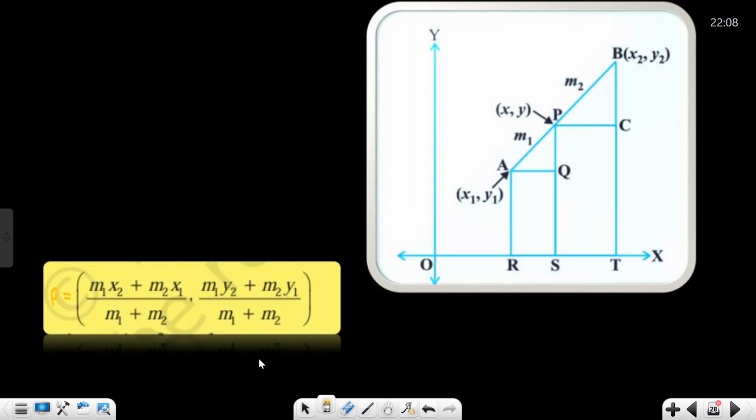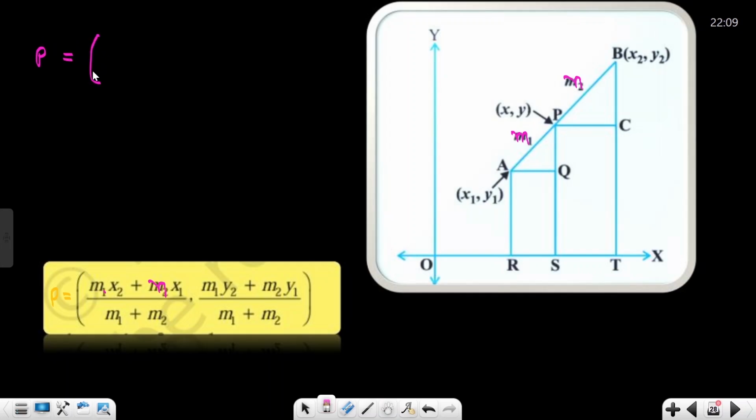P coordinate. Look here. I give this ratio, m and n are the two ratios, okay? So I give here m and this ratio name is n. So easy for me. m into x2 and I give here n. I write here P coordinate is equal to, it is the section formula, okay?